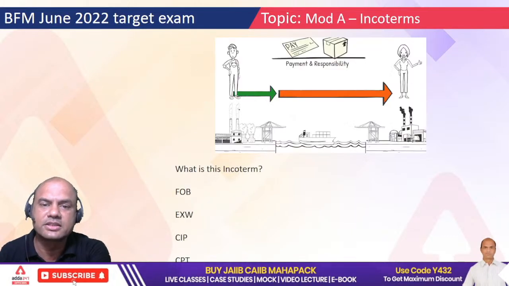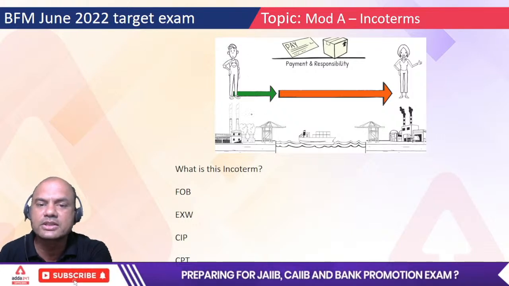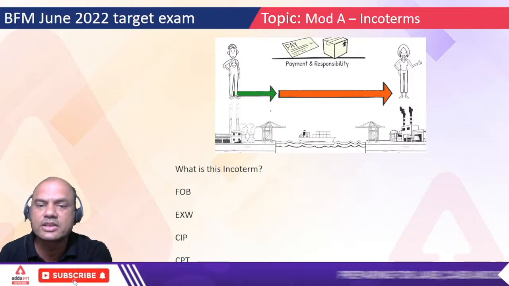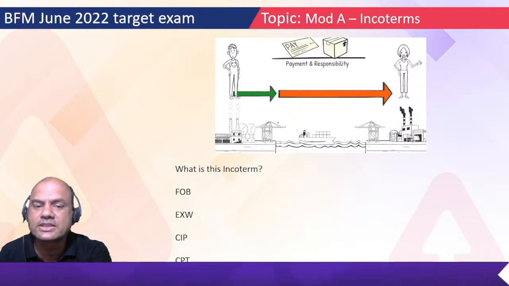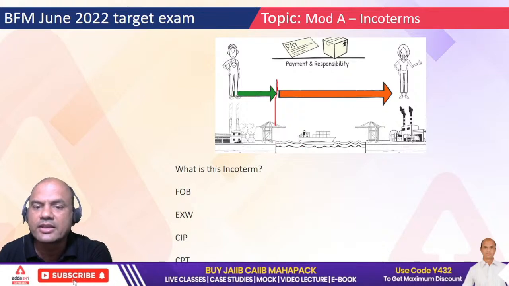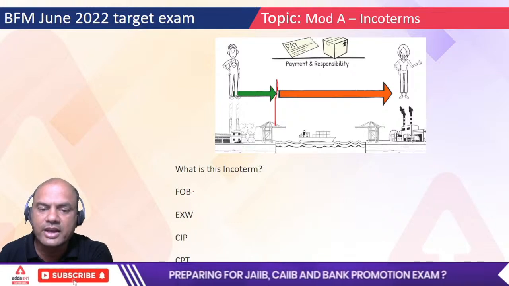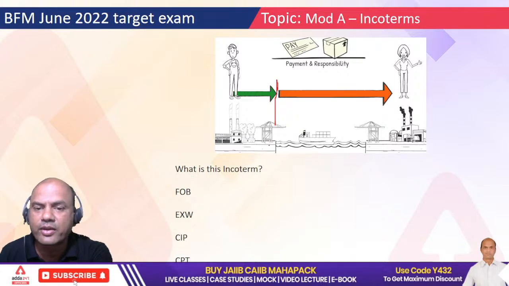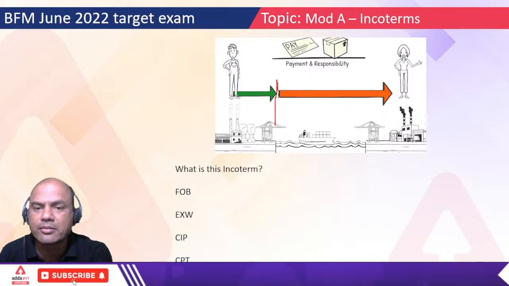Done. Next is this. This is the important one. See here, which is this Incoterm? See here, what is given over here? This is the seller. This is the buyer. Now we have to check the responsibility. He has shipped, put it over here along this part. Where is the ship? The ship is over here. Has he loaded on the ship? No. So where has he kept it? FAS, Ex Works, CIP and CPT. In fact, which is the nearest one to this, on the ship. He has come up to the ship here.